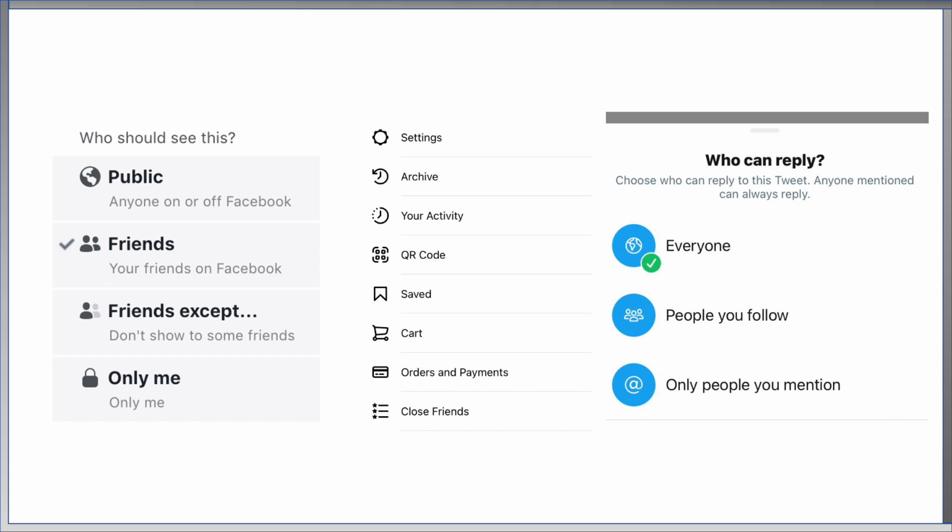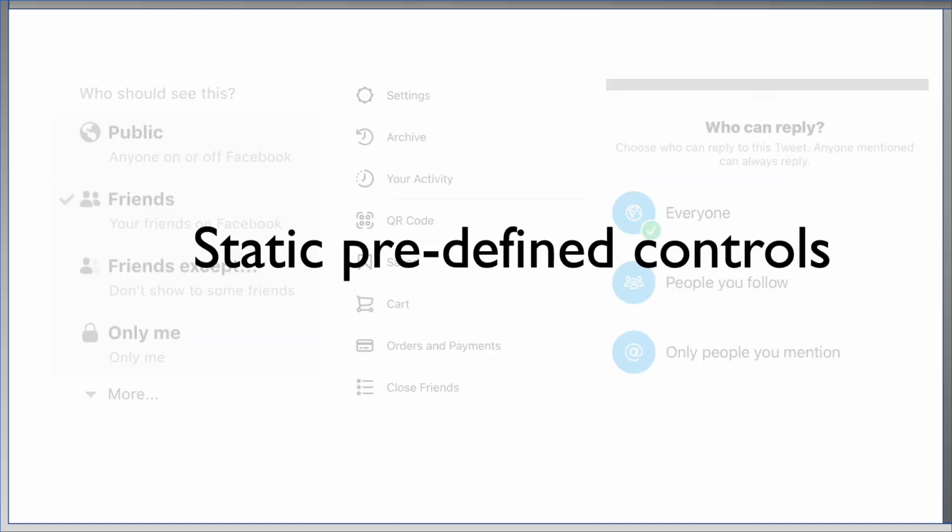For instance, on Facebook and Instagram, users typically choose between all of their friends or the public settings. Otherwise, they create manual lists such as close friends or acquaintances to support finer-grained audience selection. More recently, Twitter added a new feature allowing users to limit who replies to their posts. However, these static approaches to audience selection have well-noted shortcomings.